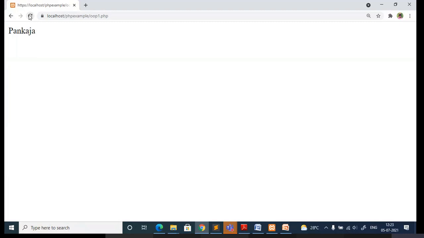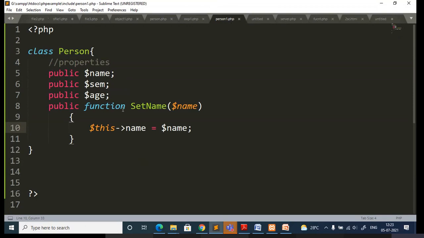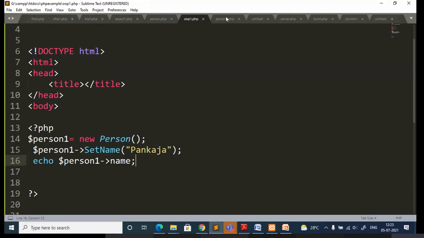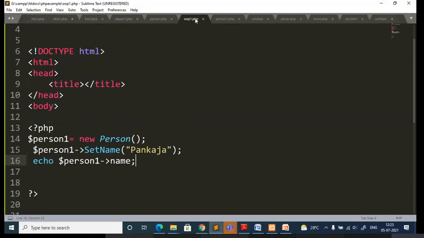You can just see I am able to access the class information with respect to the property name. I am setting here the value for that particular person, whatever the value is set here, that is Pankaja, that is invoked here.